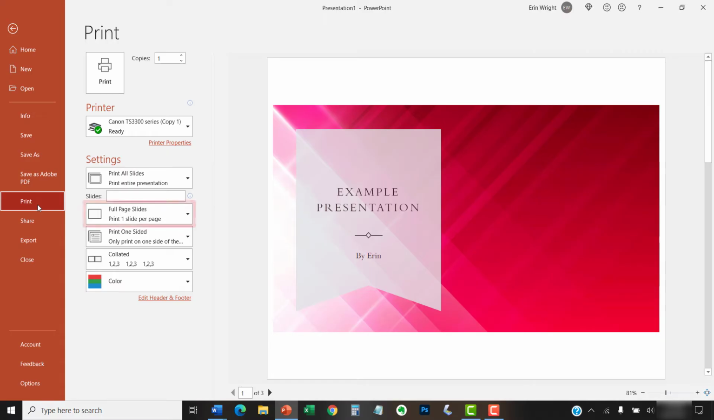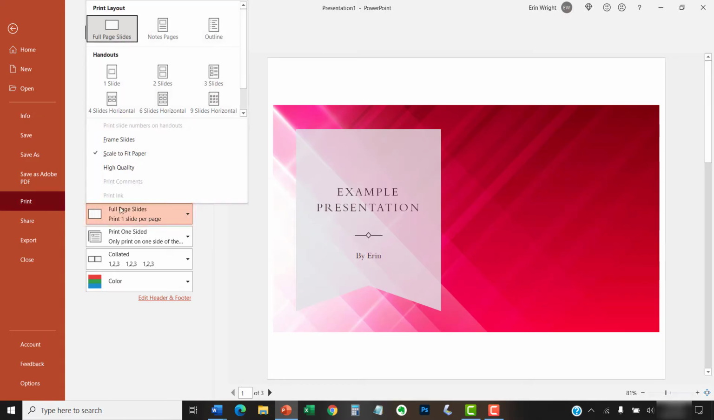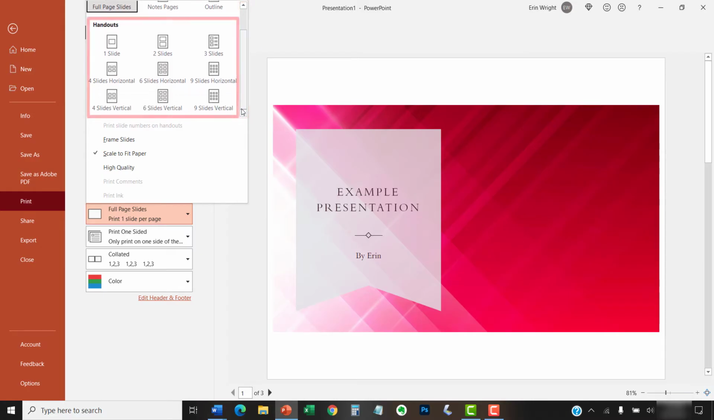Next, select the Full Page Slides menu, and then select an option from the Handout section in the menu. You may need to use the scroll bar on the right side of the menu to see all 9 options. Of particular interest is the option that lets you print 3 slides per page with lines on the sides for